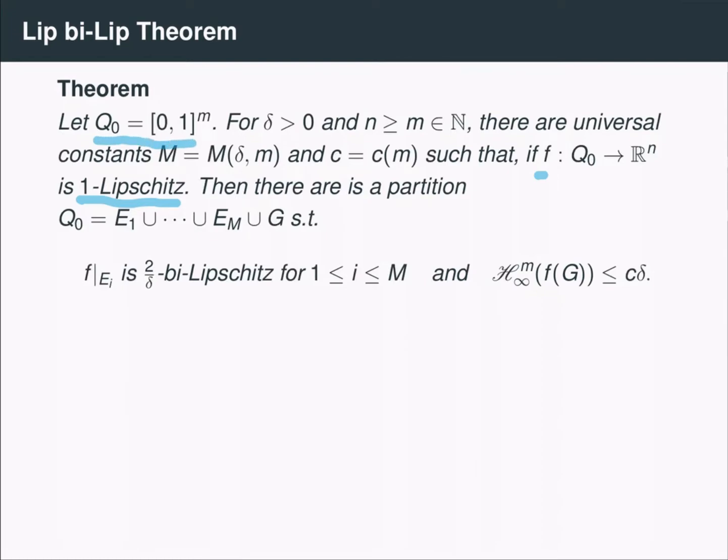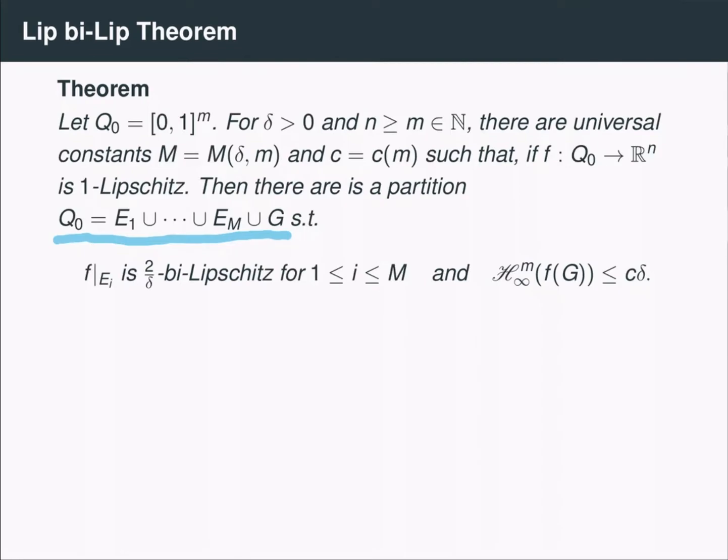However, by composing our Lipschitz function with a translation, dilation, and multiplying it by a constant, you can see how it will generalize to arbitrary Lipschitz functions on arbitrary cubes. So suppose we're given a one Lipschitz function defined on the unit cube in R^M going into a Euclidean space of dimension at least M. Then, given the number delta, it's possible to decompose the unit cube into sets E1 through EM